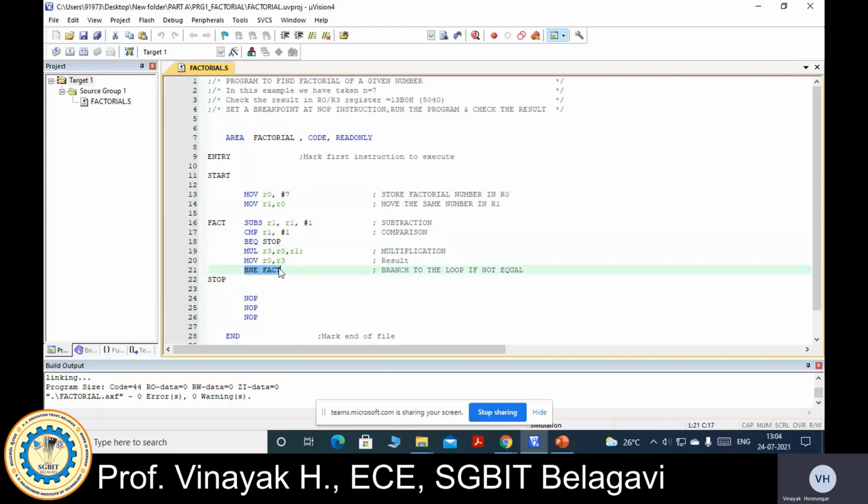Branch on not equal fact. I have to go here because my repetition has to be done till I get the natural value 1. So it is going to go into the loop, that is fact. Then again decrement 6 by 1, so it becomes 5. So again you have to multiply whatever result you had obtained, 42 into 5. So again you have to process. This process of loop will continue till you get the value 1. So let us see how this execution is going to take place with the actual value.